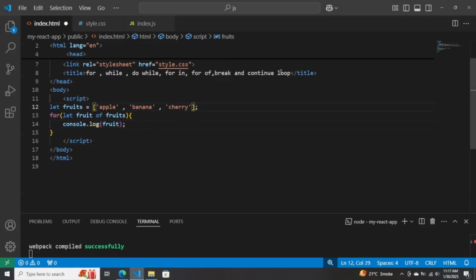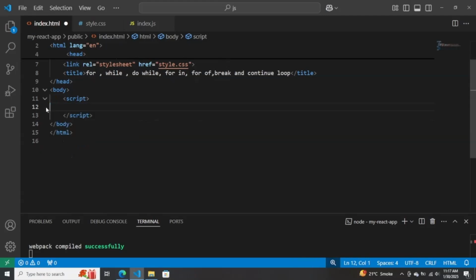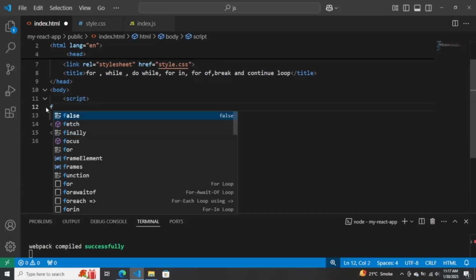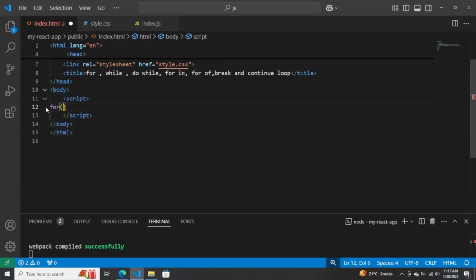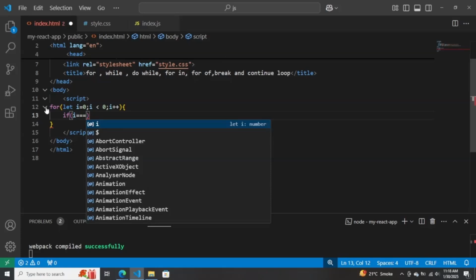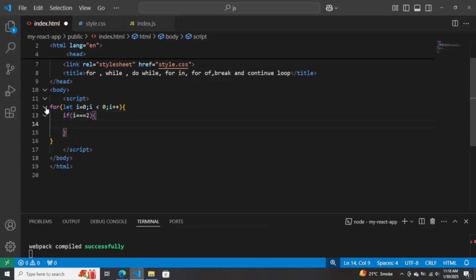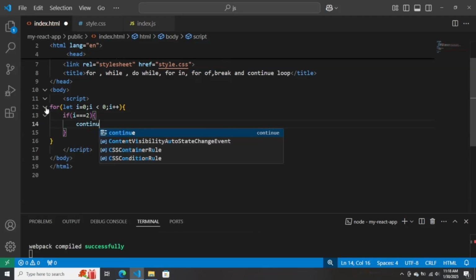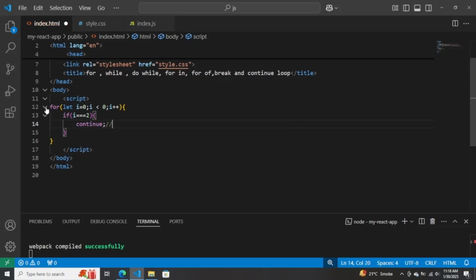Now we will use break and continue in a loop. Use a for loop, parentheses, let i equal 0; semicolon, i less than 10; semicolon, i increment using plus plus, open curly brackets and close curly brackets, and use an if condition, if parentheses i equal three equals 2, and open curly brackets and close curly brackets and use continue; semicolon, and use a comment: skip the iteration